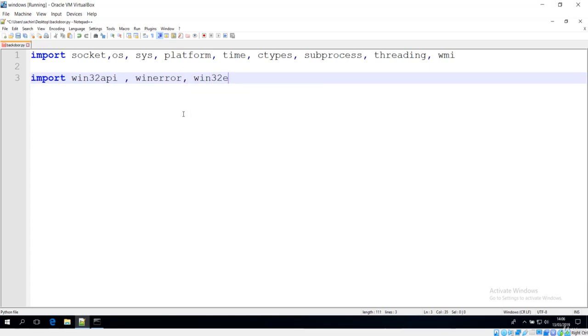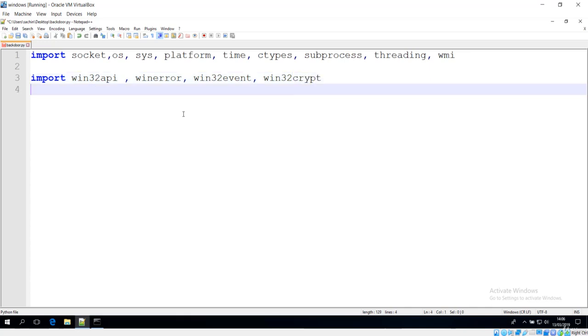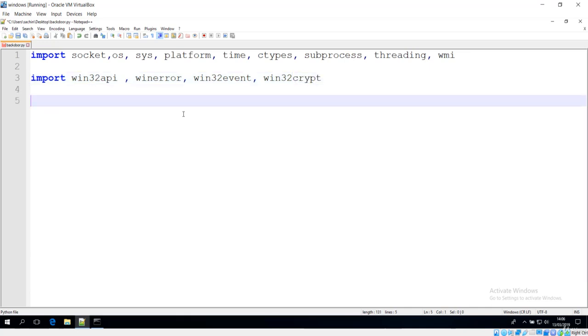Okay, it is right here, win32event, and let me write one more, which should be your last one, that is win32 in, maybe crypt. Let's see if this gets an error, we'll rectify it.